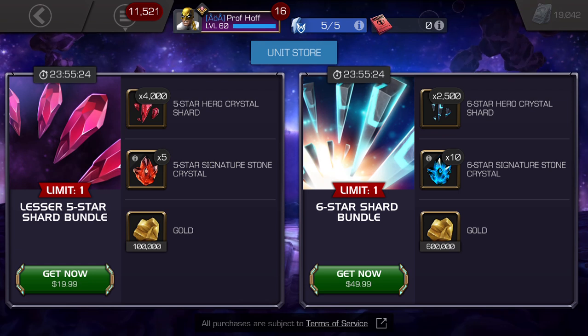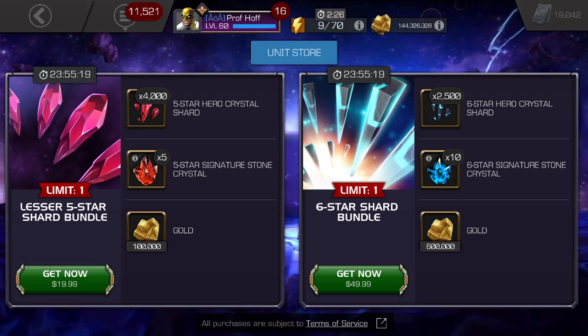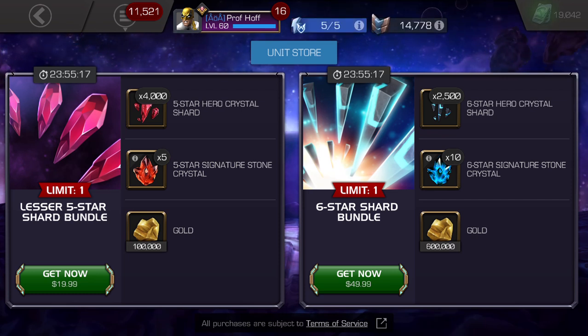So this is pretty much that. Now the gold is pathetic. The gold should be a minimum of 200,000. It's ironic that the gold on the left is 100,000 short, and the gold on the right technically is 100,000